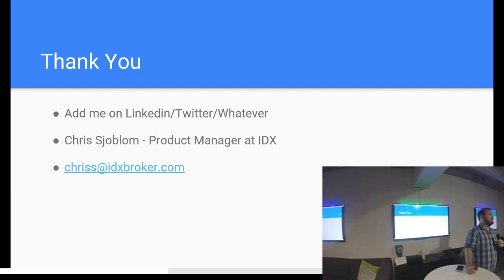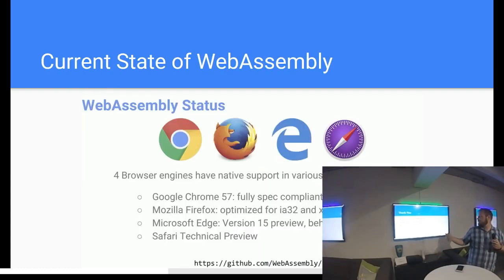No, not currently. Google, like I said, did a really good talk on it today. I think there are a couple of sites, probably just small little demo sites. I don't think anyone's really using it in production yet, though, because of the browser support. It's still kind of hidden behind technical previews and flags that you have to set manually. So it's still very much just in development mode. All right. Anybody else?